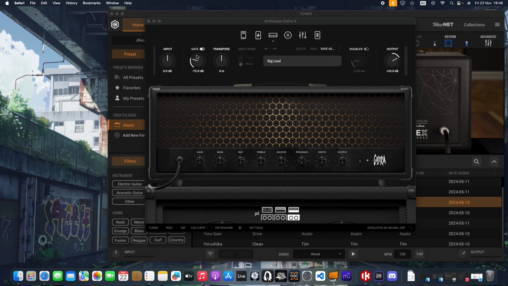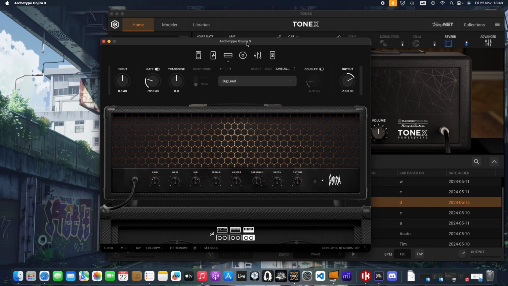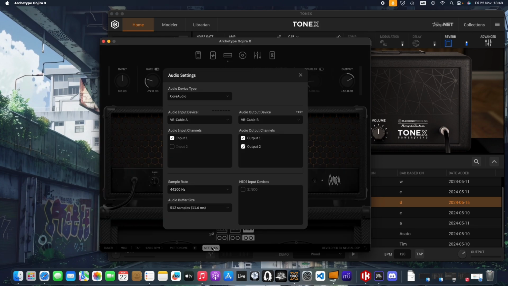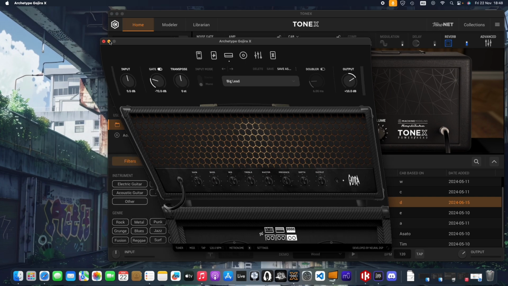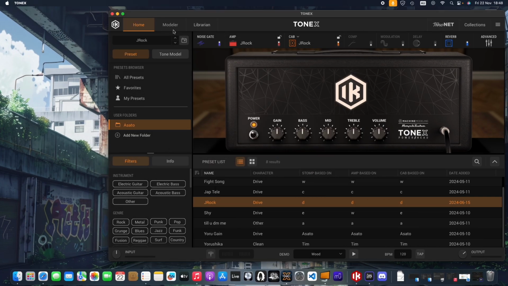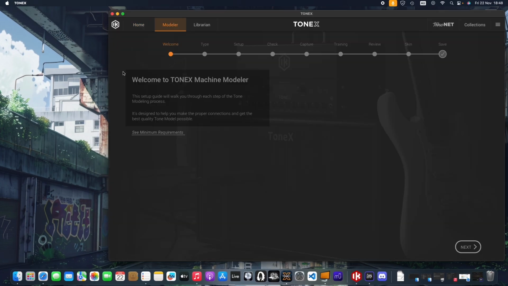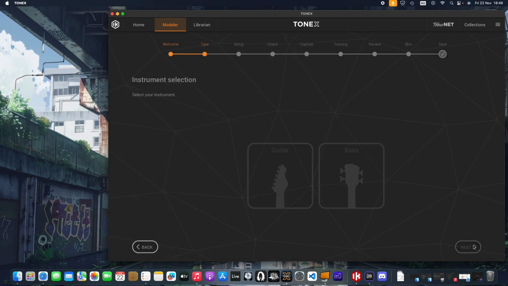So this method requires no audio interface at all. We're only going to use virtual cables. So in the input in Gojira X, we set cable A as input and cable B as the output device. And once you got this done, we head to TONEX to the modeler and we hit on next